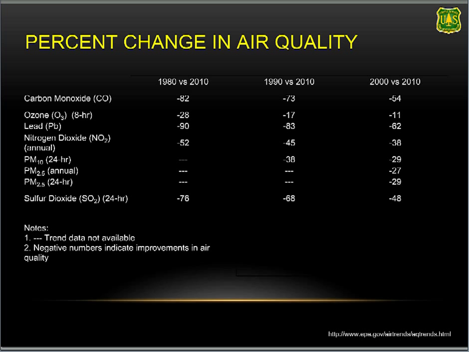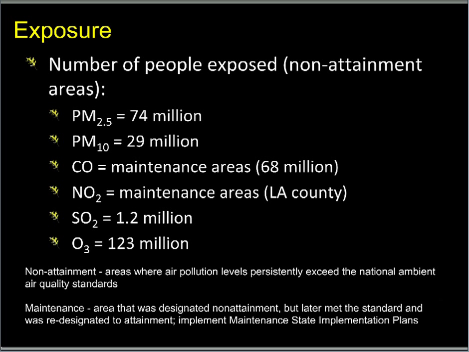And you can see recently, in the last 10 years, that particulate matter has also gone down by about 30%. So the air quality is getting much better in terms of the air in our nation. However, there are still air quality problems that exist, and the role that vegetation can play in improving air quality is what we're going to discuss today.